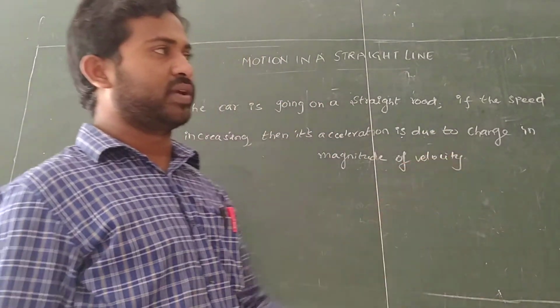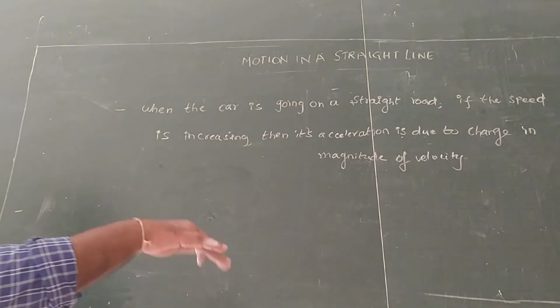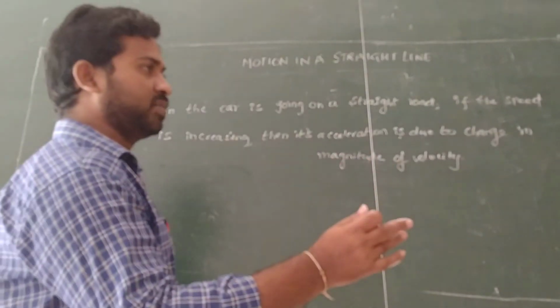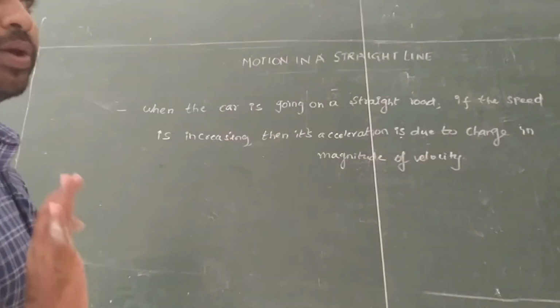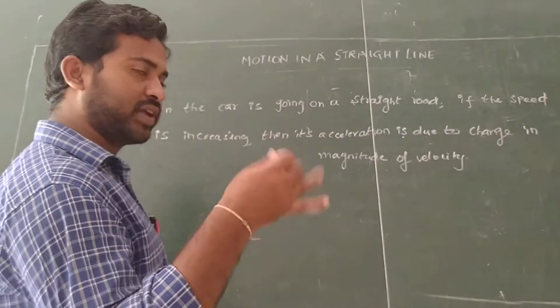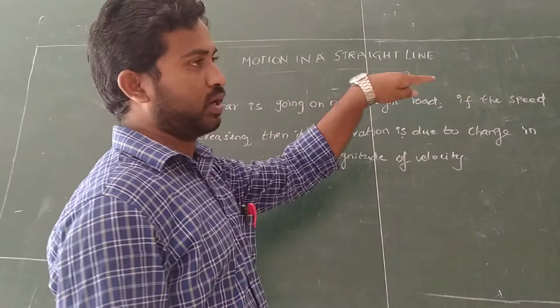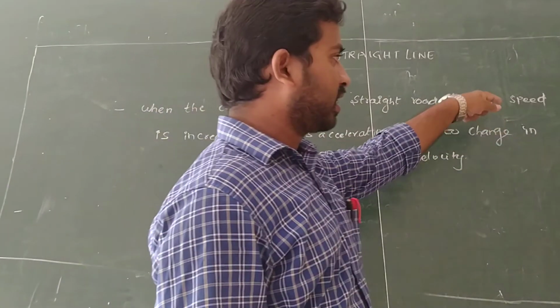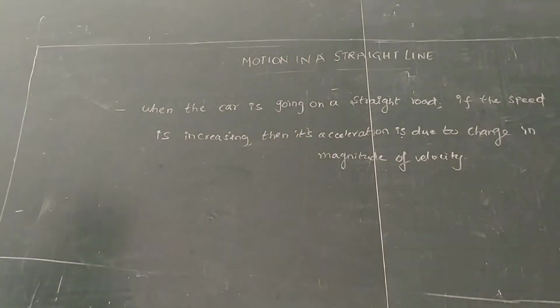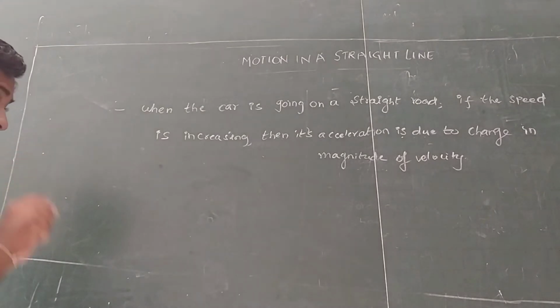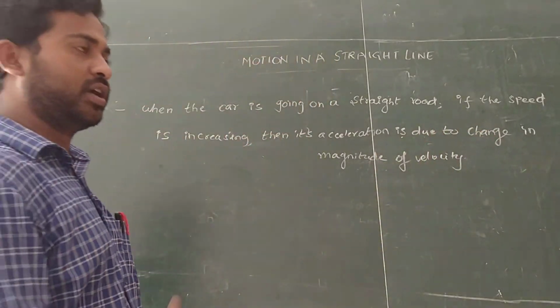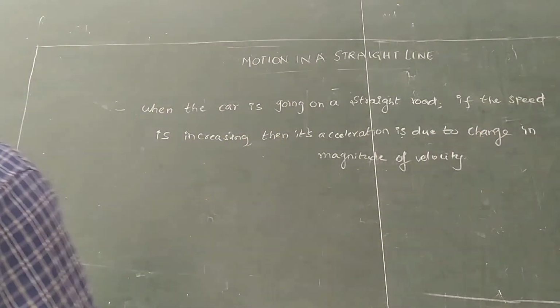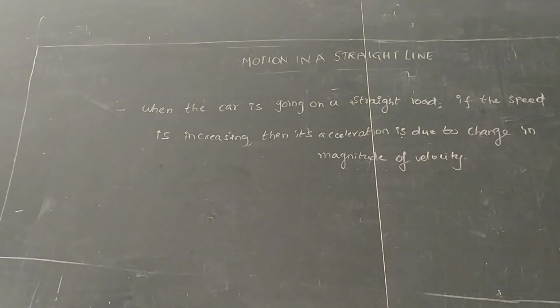Straight road means it does not change its direction. If it does not change its direction, we will not take velocity. We can take velocity when we have magnitude and direction, that is, speed plus direction. But it is going on a straight road only, so according to physics we can assume only the speed changes. Then if speed changes, acceleration will compulsorily change. But how does acceleration change? Acceleration is a vector quantity, and it changes by the magnitude of change in velocity. Magnitude is nothing but speed again, right? Just write down that point also.